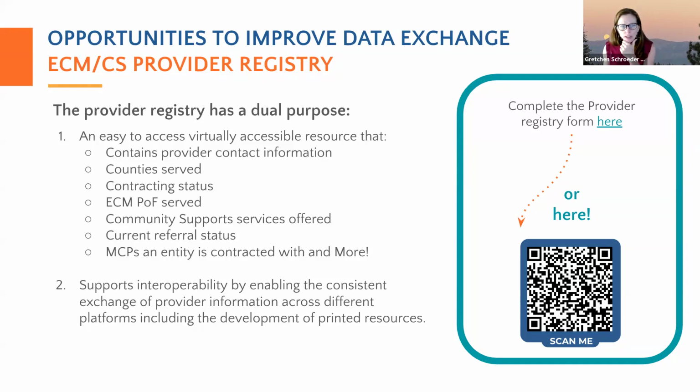It also really helps us think about how we can sort information and how do we find people. If we want to make a referral for community supports, how do we know which organizations are doing which community supports? Part of what we also want to highlight is that we do have a downloadable form that you can download and then sort. If you're looking for an ECM provider who does a certain population of focus, you can sort through that. So thinking about how to use that as well.